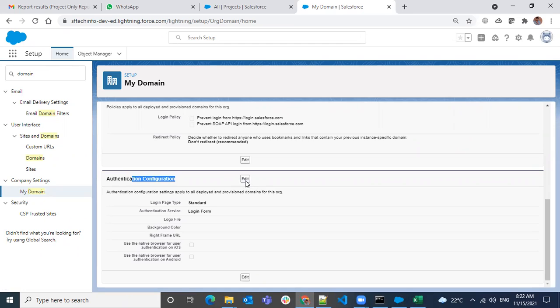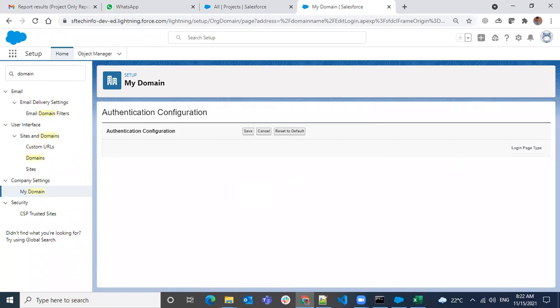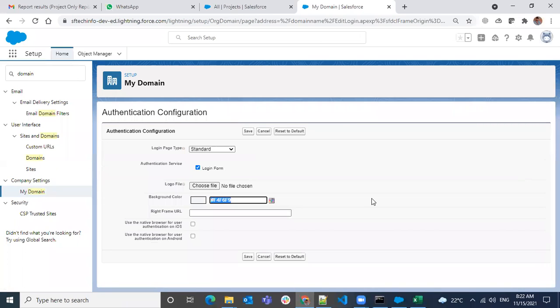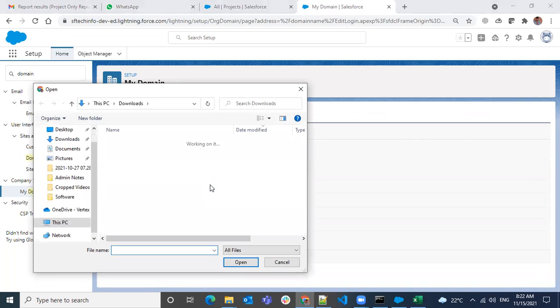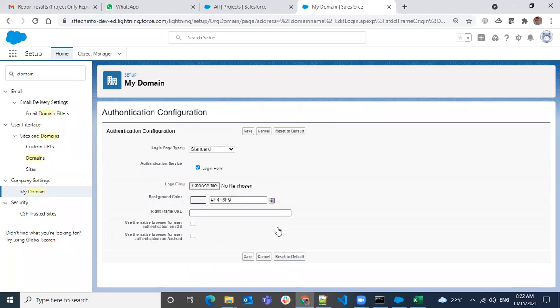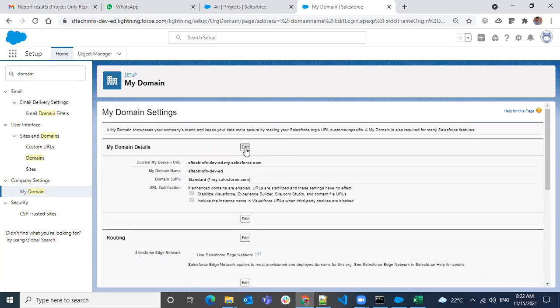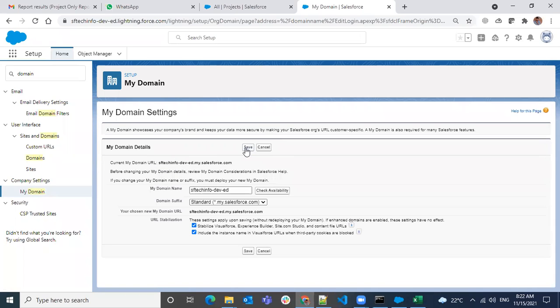Here we can change only, you can use authentication from the service. Login file. Okay, not this one. My domain suffix if you want.